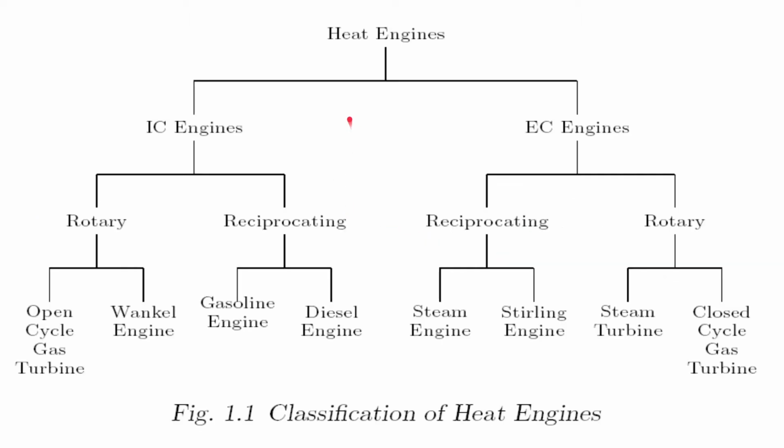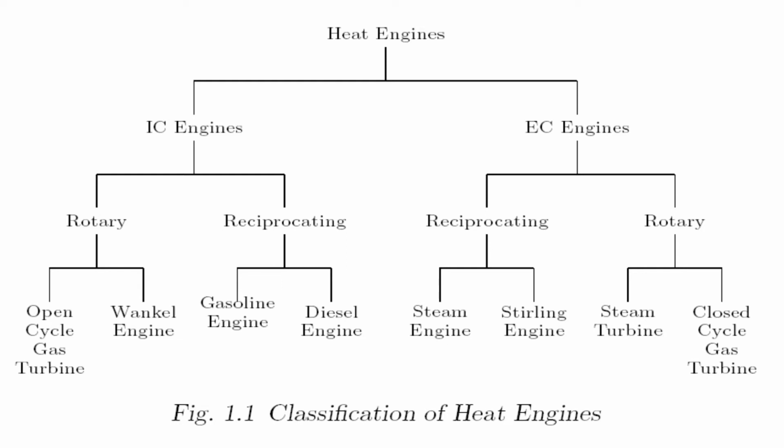So, general heat engine. Let me define the heat engine first. It can be defined as any engine that converts thermal energy to a mechanical work output, something like a steam engine or a diesel engine or a gasoline engine. And then they are defined by the difference in the control volume they have. First we have the internal combustion engine, and then we have the external combustion engine. The internal combustion engine means there is a control volume, and in that control volume the combustion happens, and from the same control volume the work is given out.